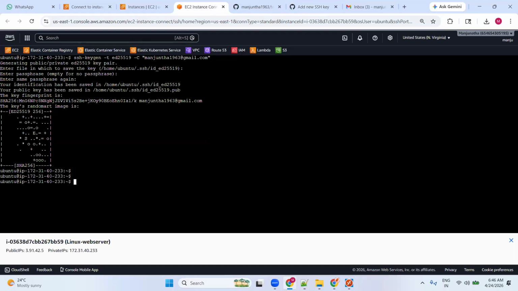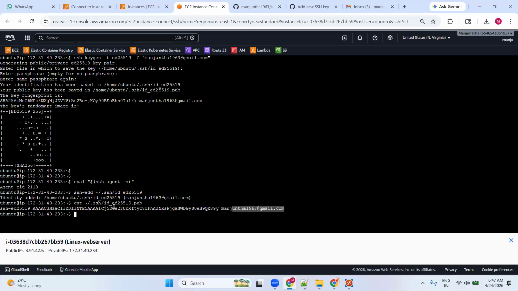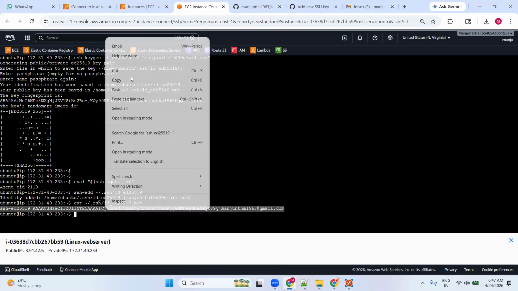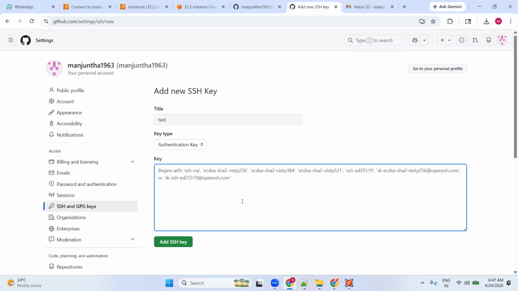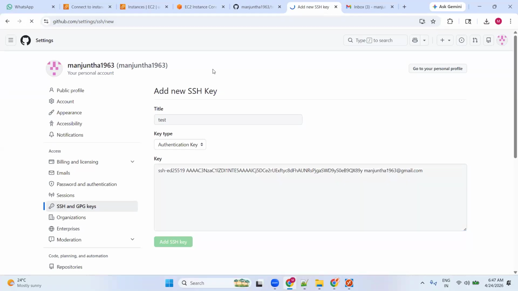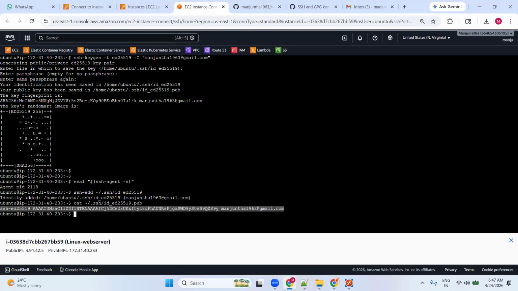So before that, I need to execute the command. So I'm going to add the agent. Okay. So it should be running on this PID number. And I'm going to copy the public key because I need to paste it in GitHub. Copy it, paste it here, and add SSH key. So once it is done,